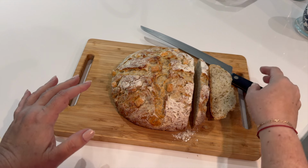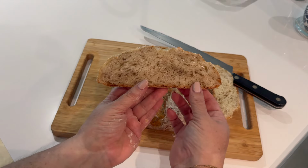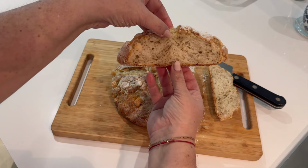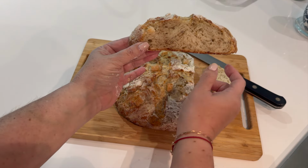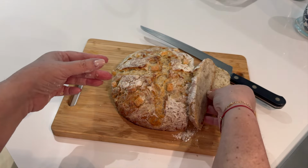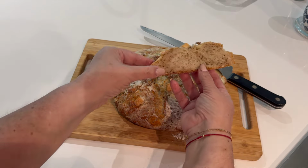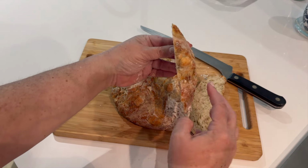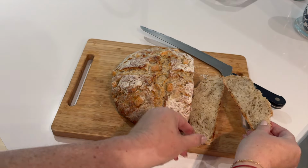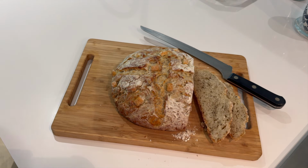So crusty on the outside, and look at how absolutely beautiful the inside is. It's got a little bit of darkness running throughout. That is the gorgeous black pepper. The butter has melted inside of our bread. And of course, the exterior is absolutely beautiful while the inside is fluffy, and it's going to be so savory with that cheese, that black pepper, the little cubes of Pecorino Romano. Those pieces of cheese are a bonus because they're gonna stay sharp and absolutely delicious while the butter and cheese